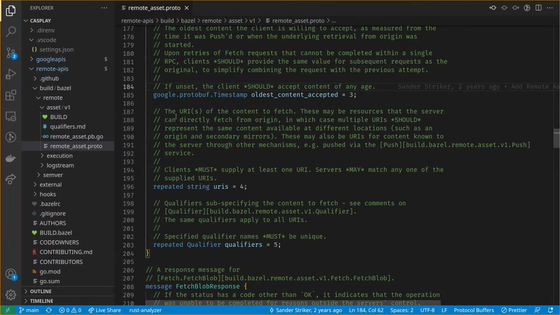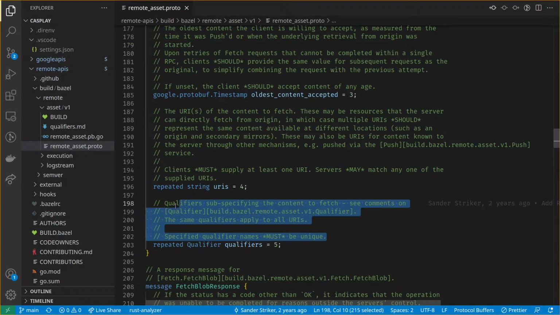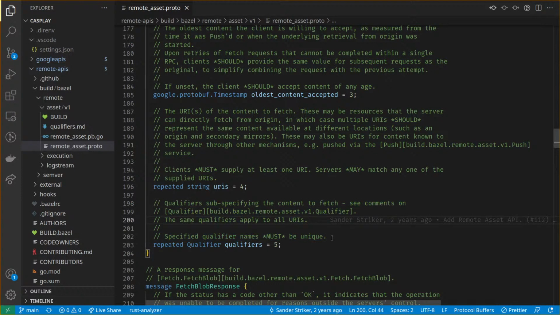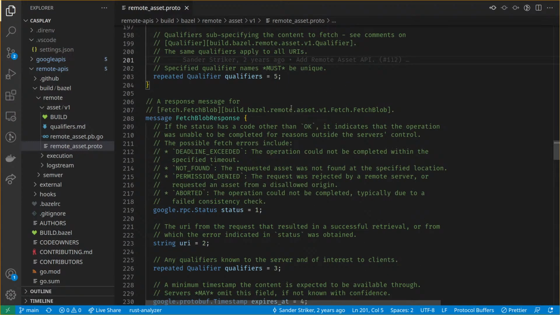URIs, multiple resources could fetch. They should represent the same content. These may be URIs for content pushed via other mechanisms. Must supply at least one. May match any one of the supplied. And qualifiers, we've got all the qualifiers have to match, and qualifier names must be unique, so we can require that in our thing. And our fetch blob response,